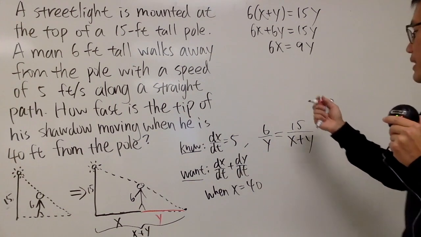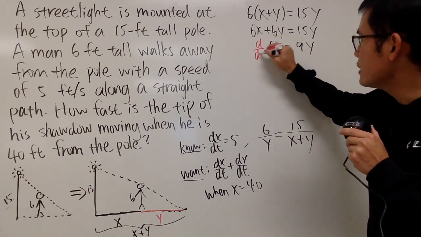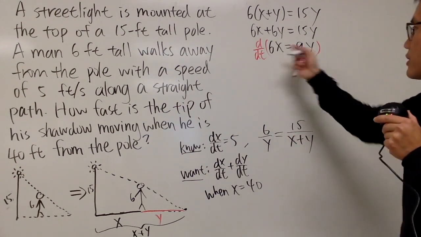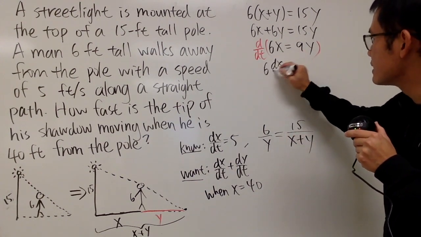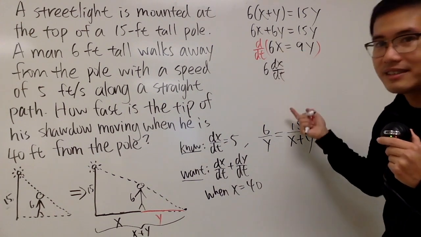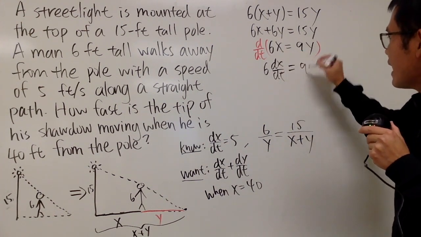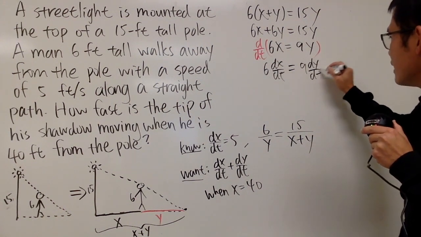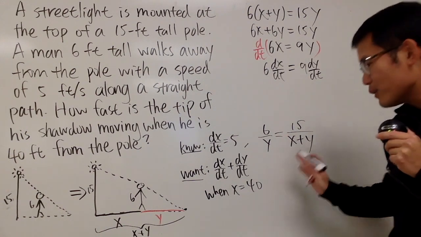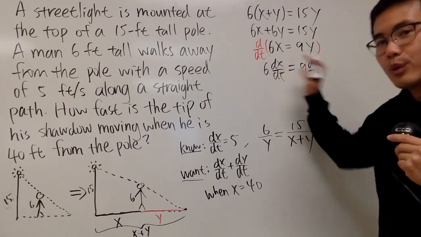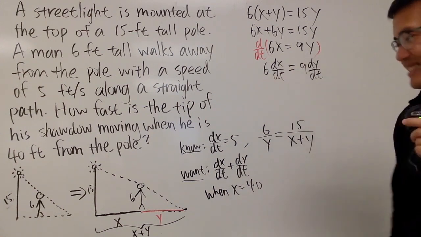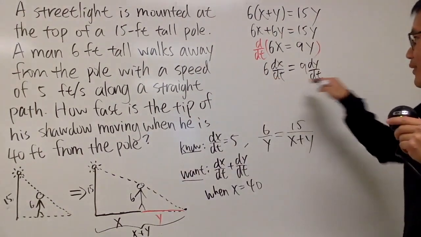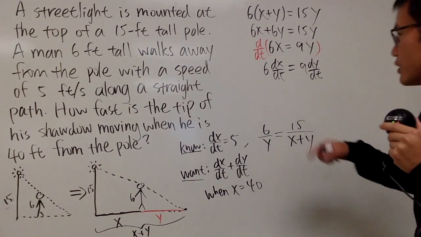And let's go ahead and just do the calculus now. Differentiate this with respect to time. x and y, they are both functions of time, right? So we see that this is 6 dx/dt. The derivative of x is just dx/dt. And 9, the derivative of y with respect to time is just dy/dt, like this. Very nice. In fact, you see that the x doesn't matter in our rate equation anymore, right? So this does not matter because actually they are proportional for the rate of x and also the rate of y. Anyway, just plug in numbers now.